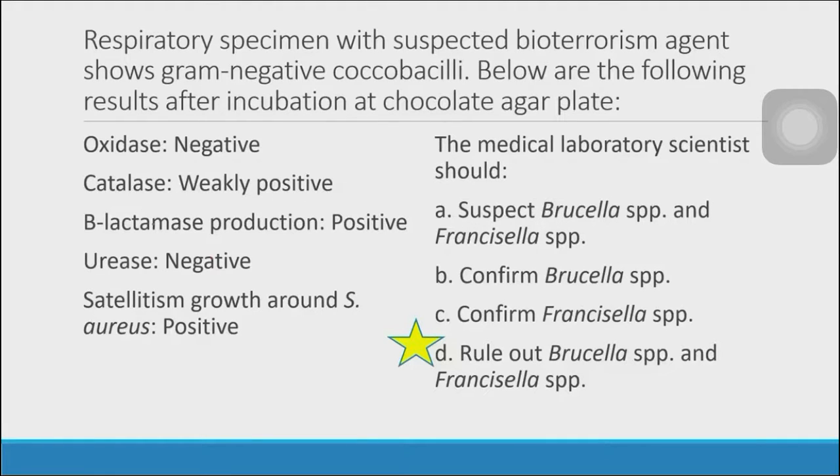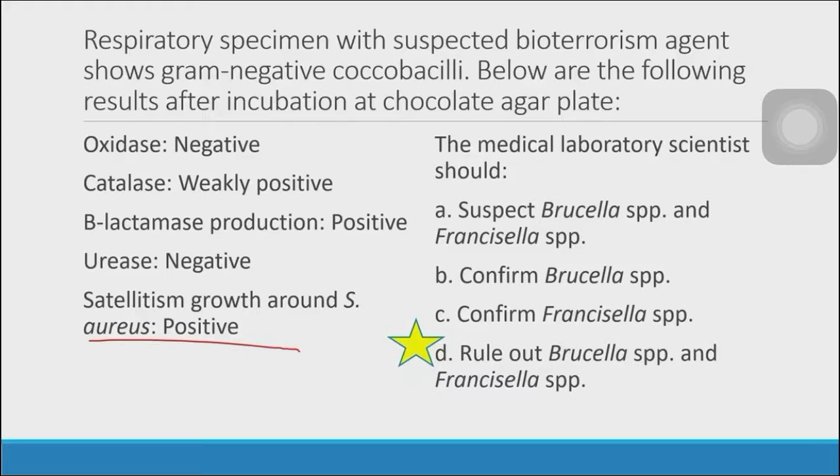Okay? So again, try to remember this one. Satellitism again dapat negative, in order for you to not rule out Francisella. Okay? So what if for example, you've encountered itong satellitism negative? So anong gagawin mo? So of course, kung negative, hindi mo na pwedeng ma-rule out si Francisella. Okay? So ano yung best or most probable answer na dapat mo sagutin. So again, ang proper reporting nun is Francisella tularensis cannot be ruled out. Refer to LRN reference laboratory. Okay, so yun yung most proper answer for that.